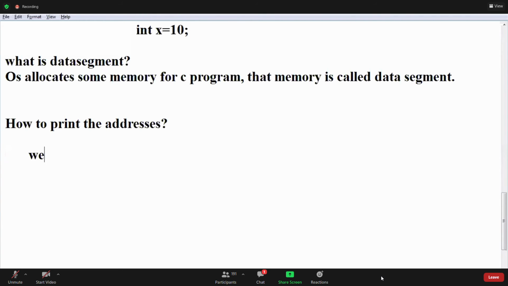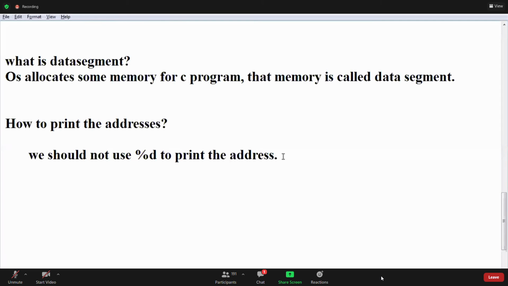We should not use %d to print the address. What is the reason, guys?